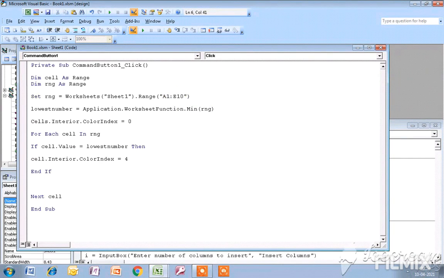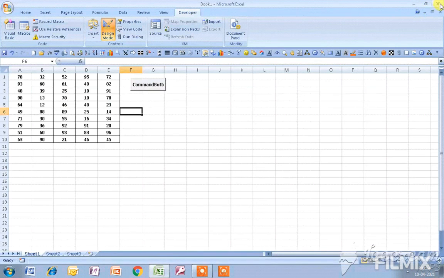Okay, and if I close the window, at first of all I have to come out from the design mode. To come out from the design mode I have to click here, and if I click on this button, then you can see the minimum value of this particular range.